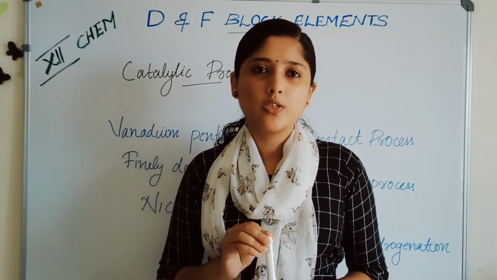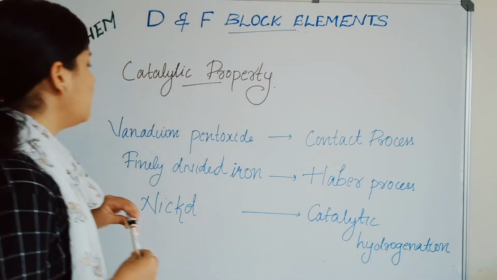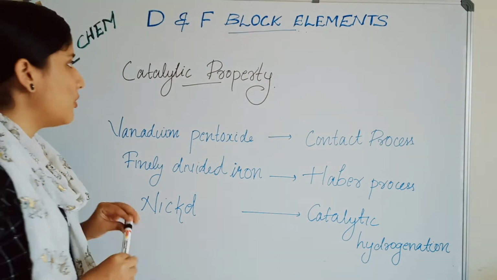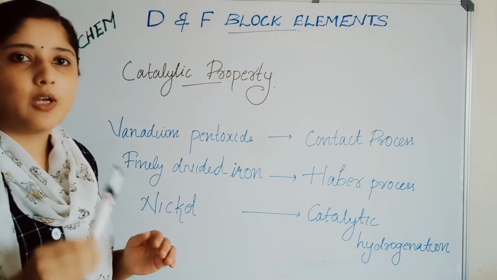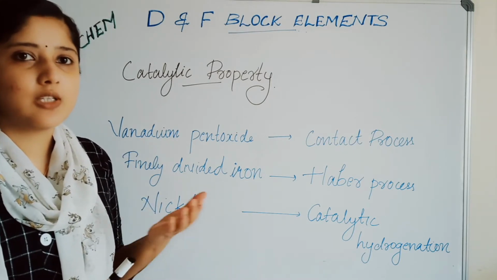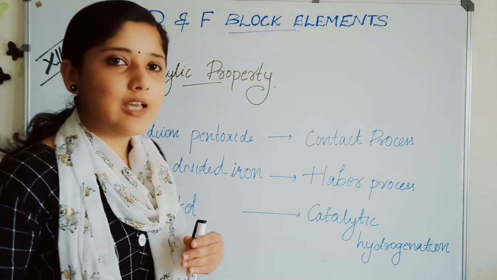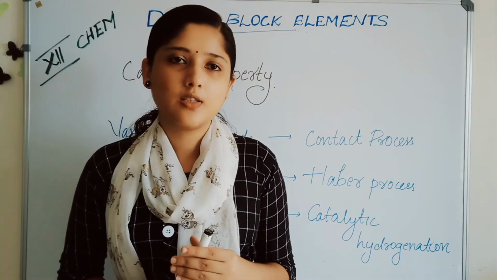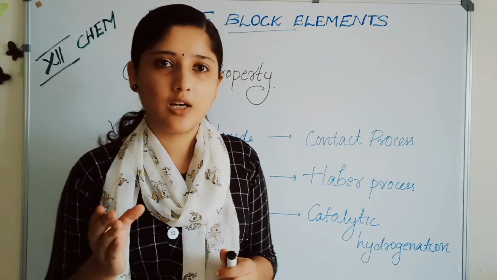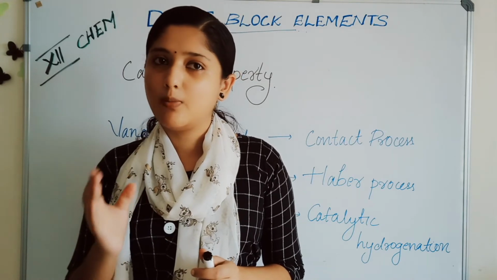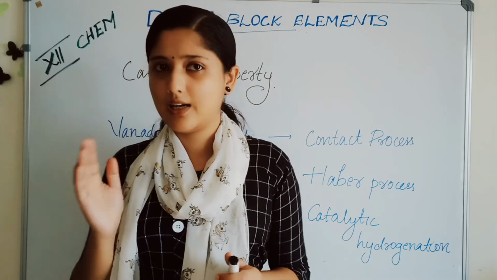Now, we are going to discuss about the property of catalytic activity. Usually, compounds of transition metals show catalytic property, that is, they act as catalyst. The compounds made from transition metals are used as catalysts in many syntheses. Why are they acting as catalyst? It is because of their ability to form multiple oxidation states that we have studied already. So they act as catalyst.